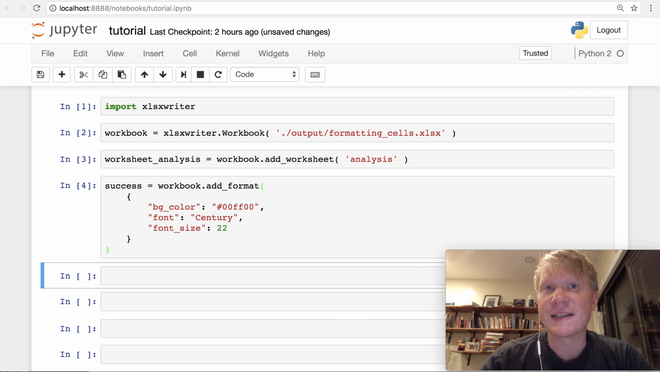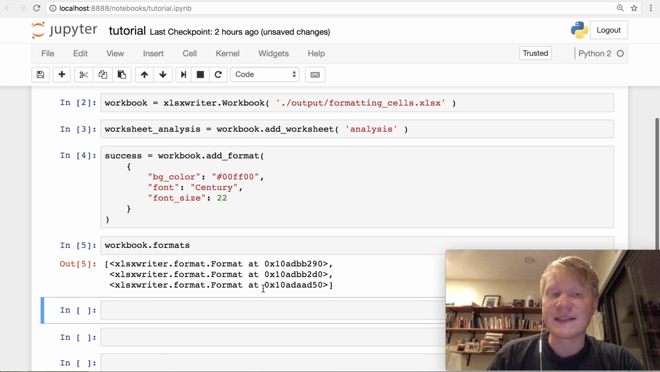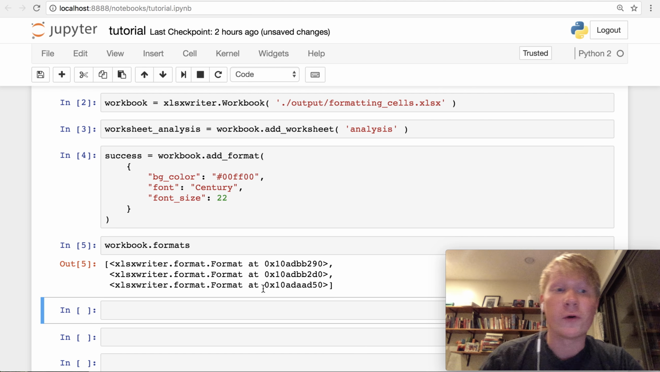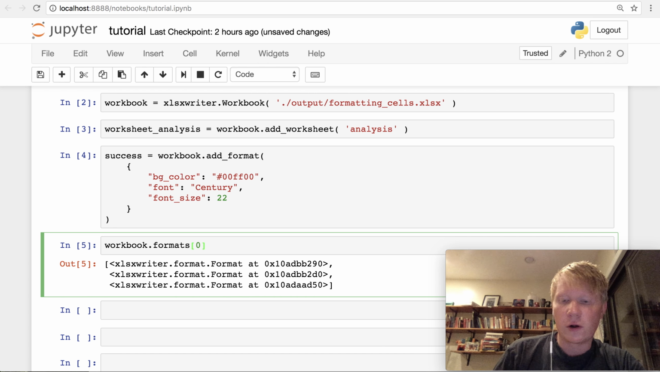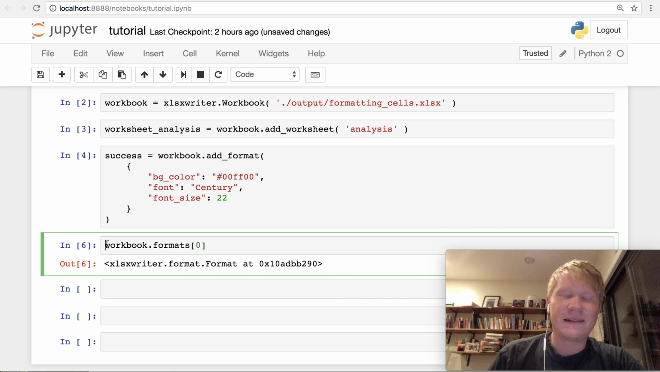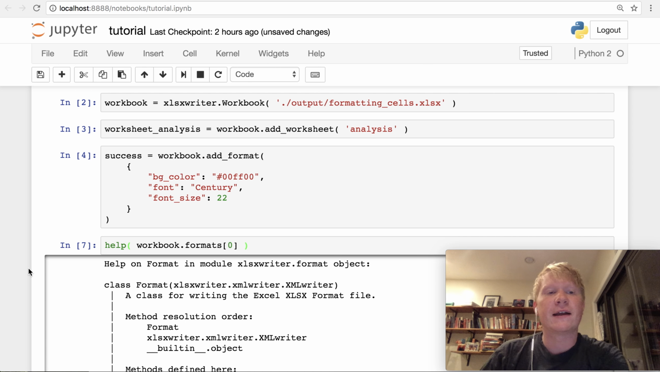Okay, so now that I run this, a new format has been added to the formats in the workbook, and we can actually verify this. And here we can see a couple of formats that are associated with the workbook. Now, one useful thing to know is that if we call the first element of this list of formats, we get a format object. And the trick is there's a function in Python called help. So if I call help and I send it this format object, you'll notice that a ton of information is